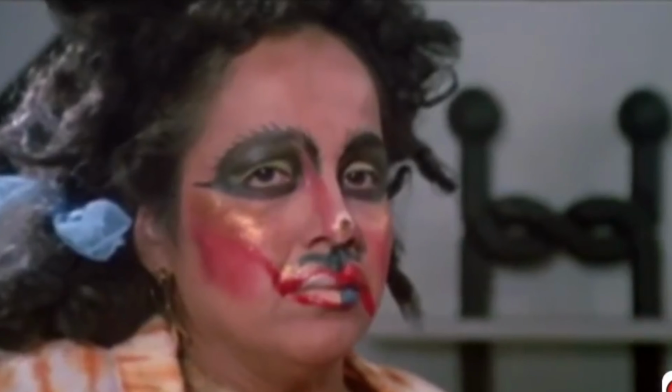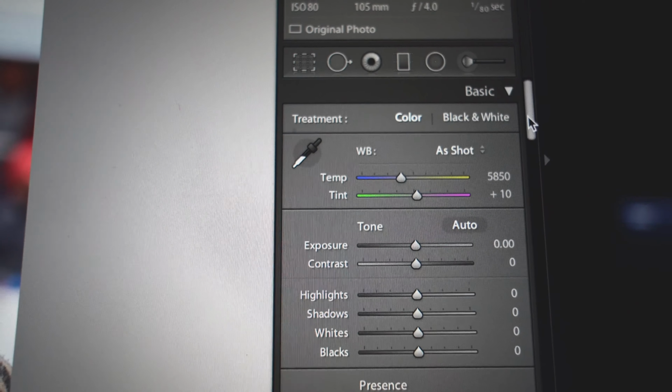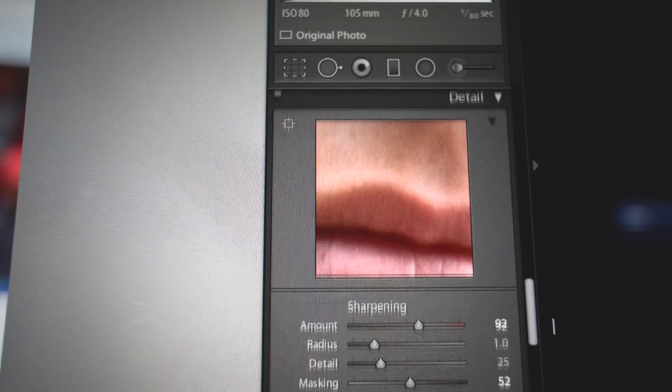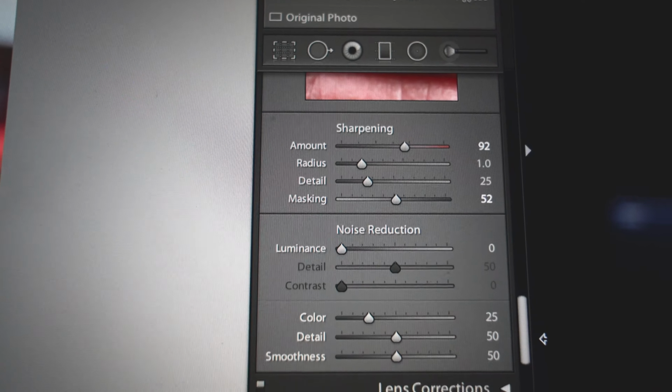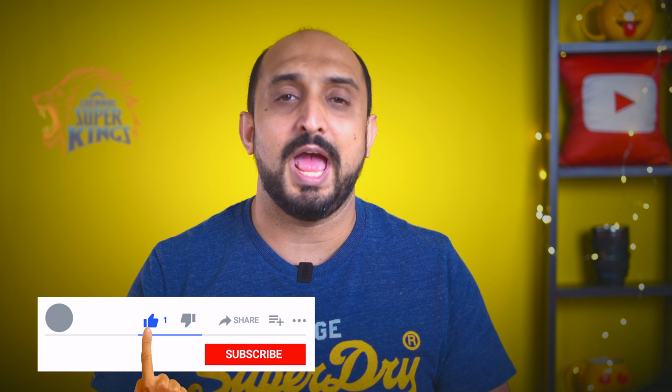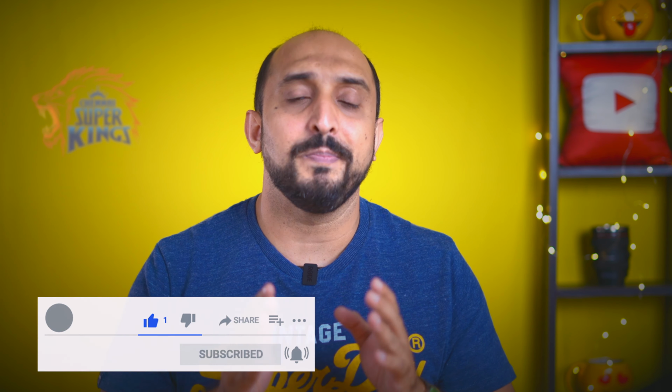What would happen if you apply lipstick and mascara all over your face? Exactly. Sharpening of unwanted areas will always result in something like this. In today's video, I'm going to show you, in just one step, how you can use the sharpening tool in Lightroom mobile and your PC and get the correct sharpening without hampering the quality of your image.